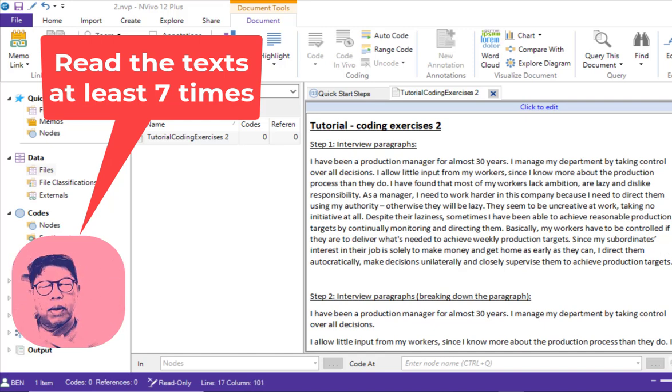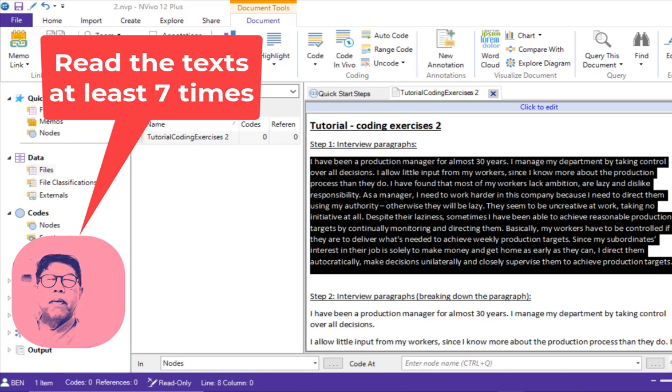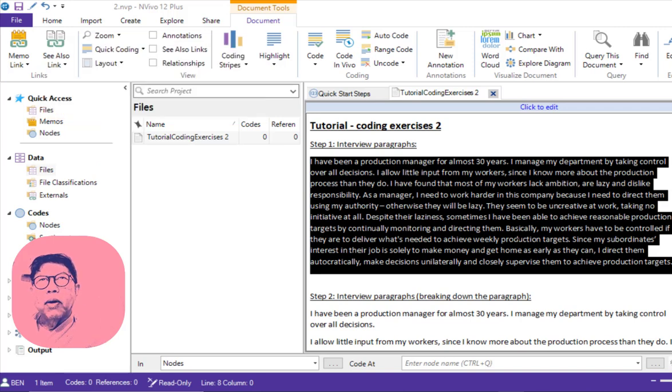Because by reading several times, until 7 times, look at the research, you'll be able to grasp what is inside the codes. For example, you have interview text about 12 pages or 14 pages. Actually, all those pages consist of maybe only 4 or 5 concepts. That's the thing that you need to grasp from that.